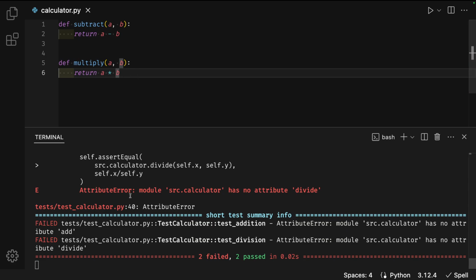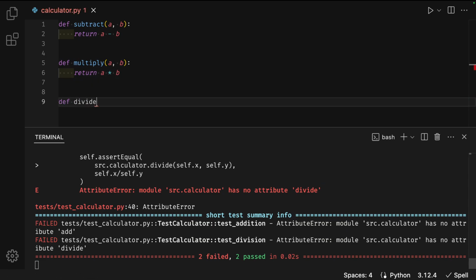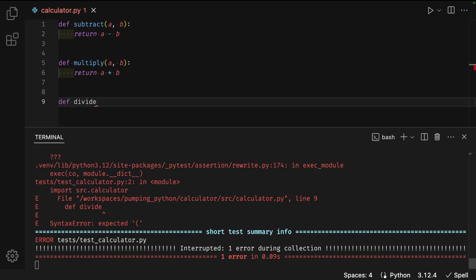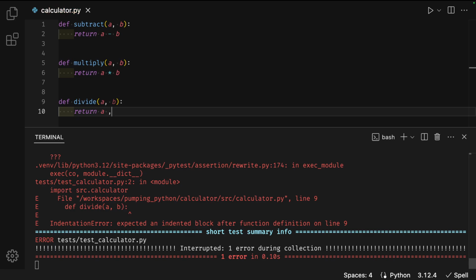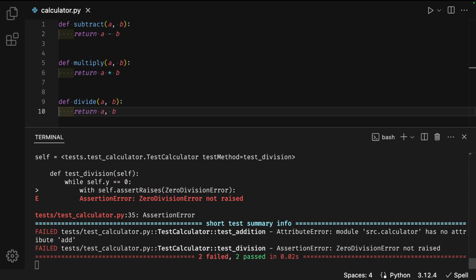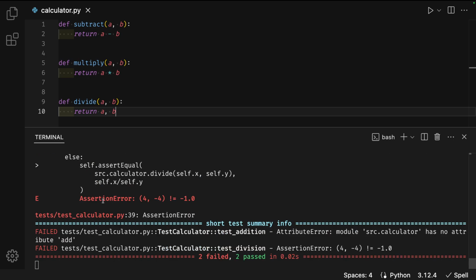The terminal shows an attribute error. Module source.calculator has no attribute divide. Hit enter 3 times def divide. Parentheses a comma b, a colon at the end, enter, return a comma b. The terminal shows an assertion error, zero division error not raised. When I hit save, it shows another assertion error,